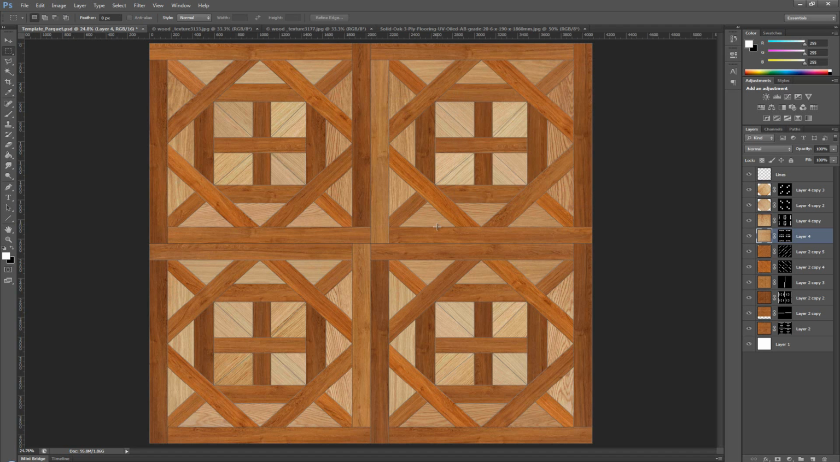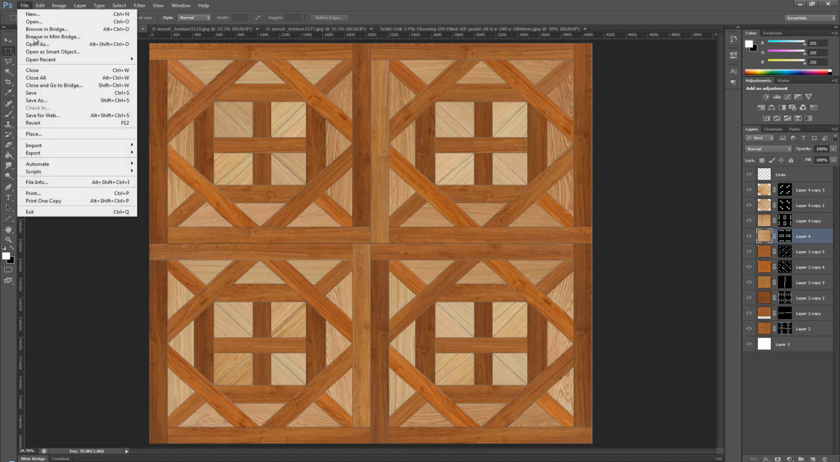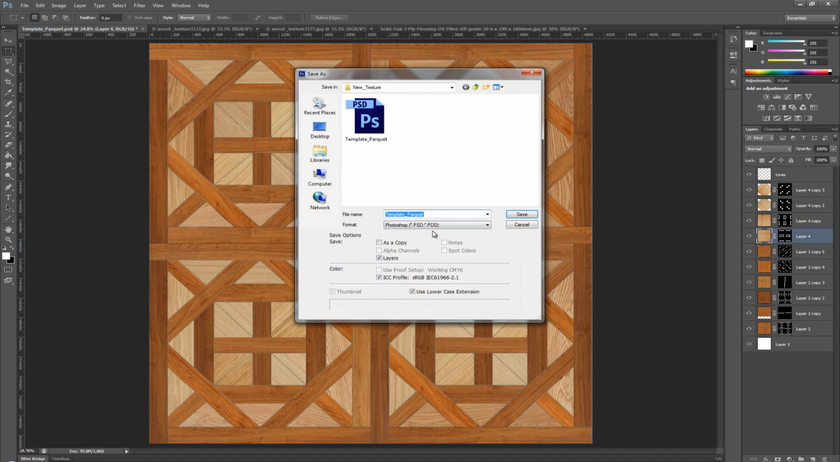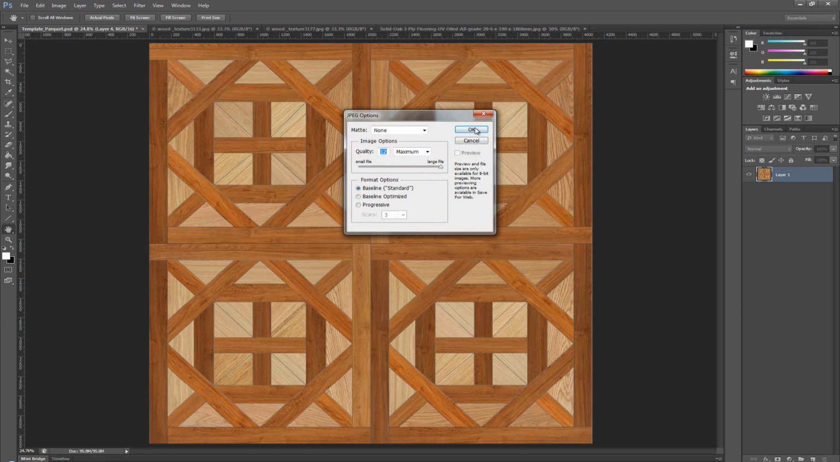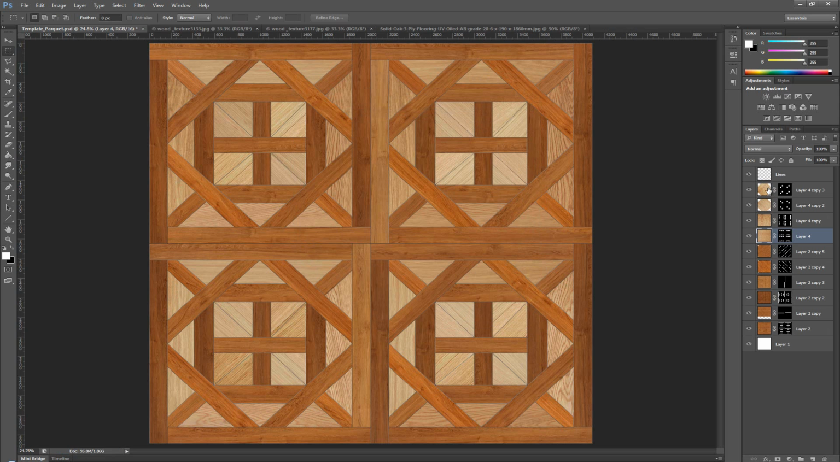Awesome. Okay. I'm going to go ahead and save this as a JPEG again. Diffuse colored. Go save. Go OK. And once we have all of them, I'm just going to select all of my layers over here, press